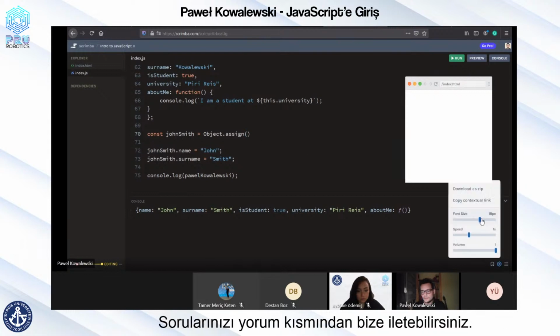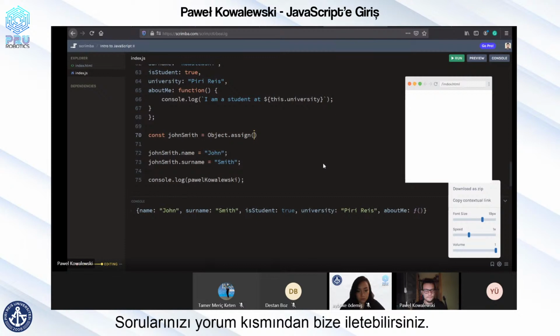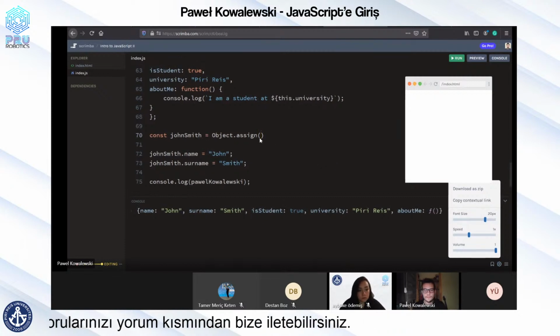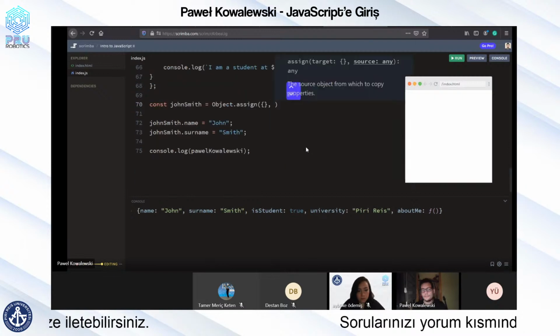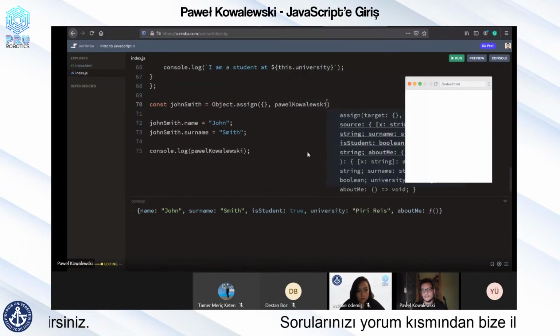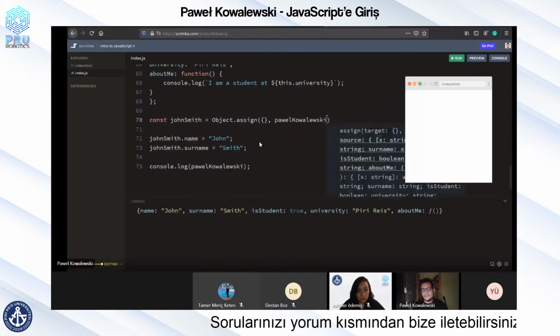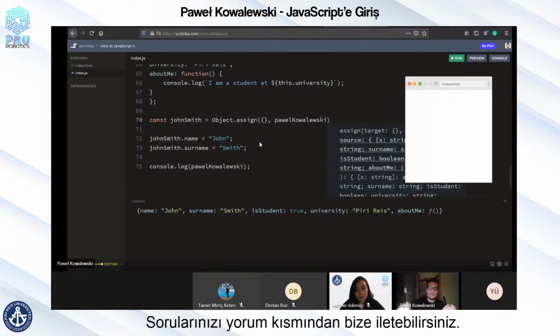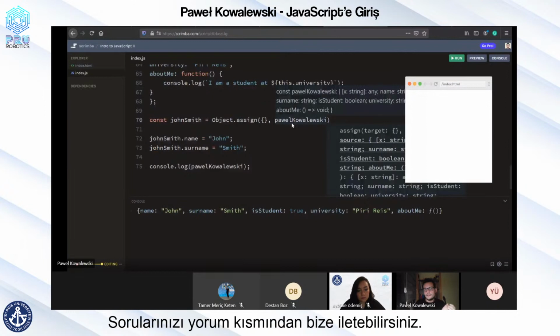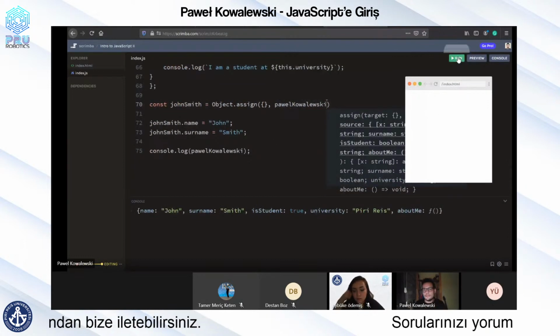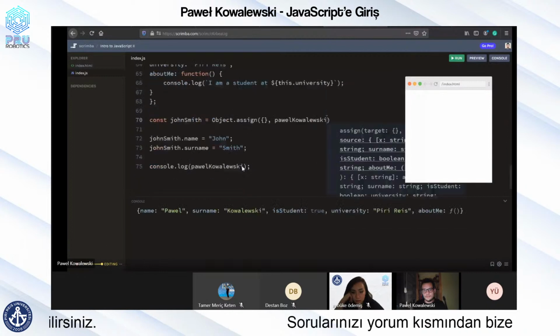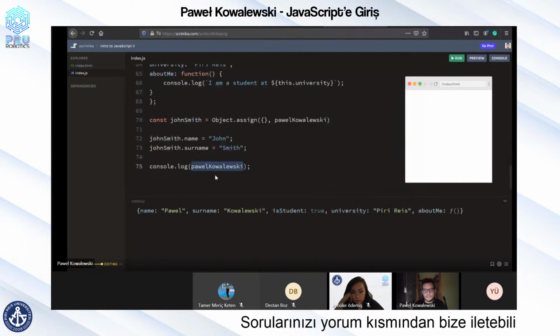I hope it's visible. I will make the font size a bit bigger. Maybe like that. First of all, we will put an empty object, then a comma. And after the comma, we will use the original object. So what we do here is we create an empty object. We then take all of the contents from the original object, and we copy paste it inside of this new object. So now let's check what happens if the original is still the same. If we check John Smith,